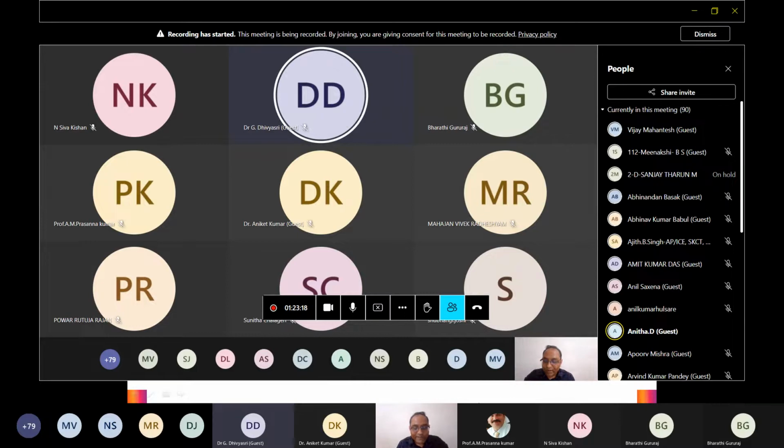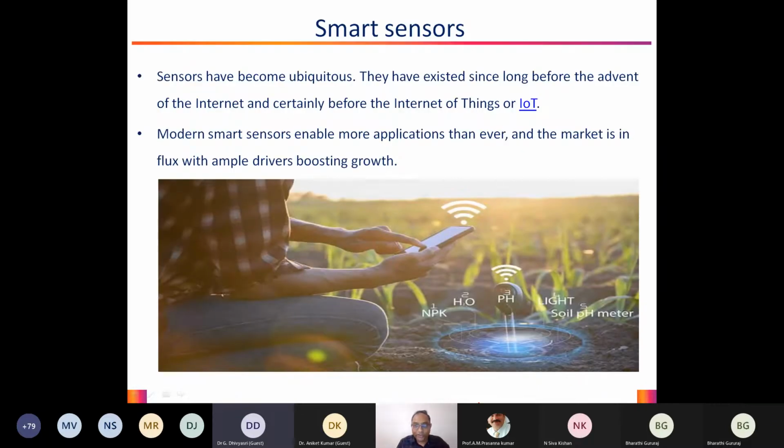So meanwhile, I will just continue with a little discussion on smart sensors, right? Again, one key area of concern is having the right sensors for all these applications, because so much of the Internet of Things is plugged into Industry 4.0. So it equally puts emphasis on designing and coming up with new sensors. We typically call them smart sensors, right?